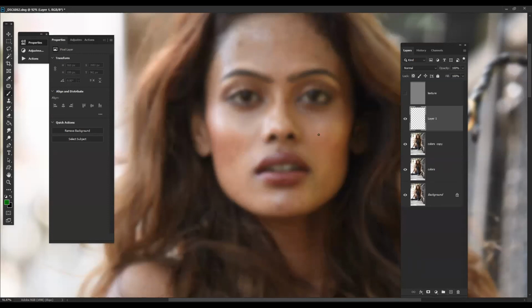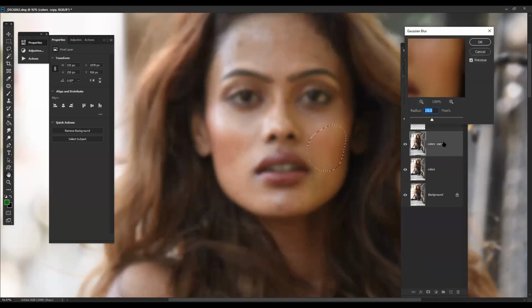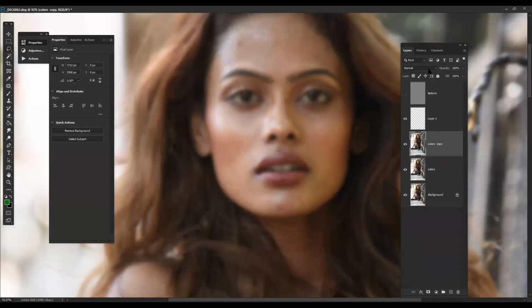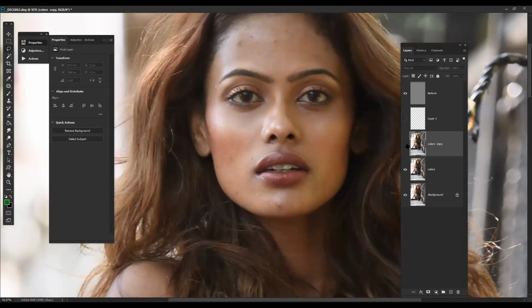Now what to do? We again take the selection and do a little here. Now you can see it's merged out.